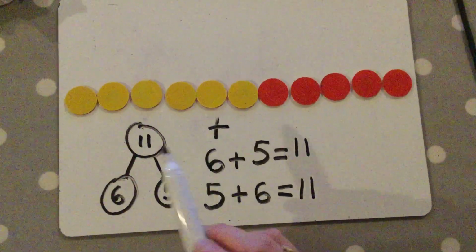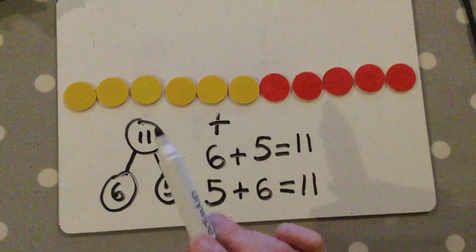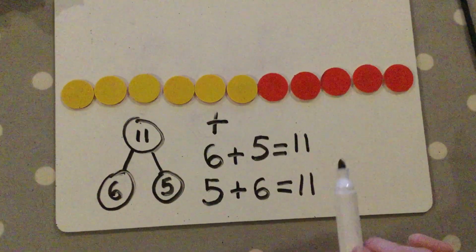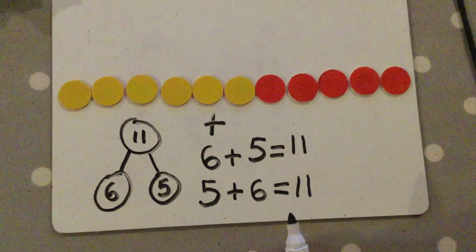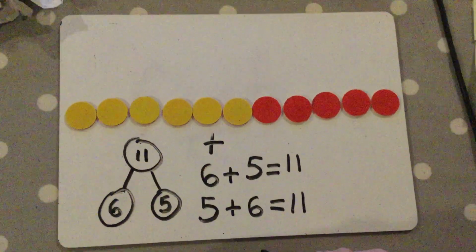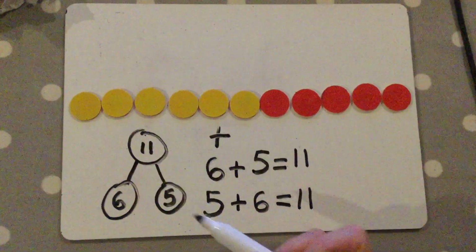When we're doing an addition equation, it doesn't matter which way round you add the two parts, you will still get the same total. So that's 2 number sentences or equations that we could write about these specific numbers here,